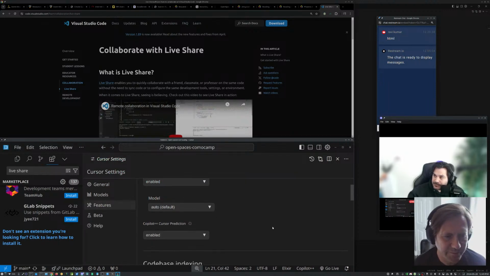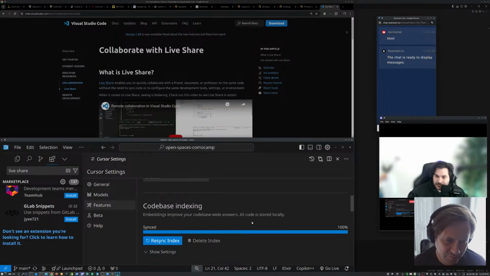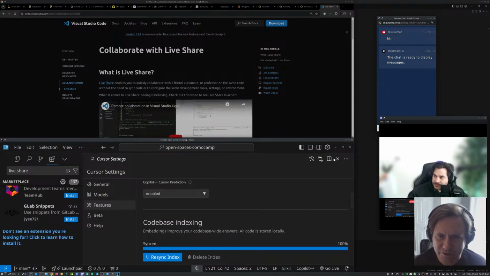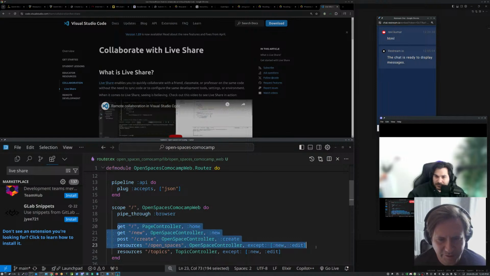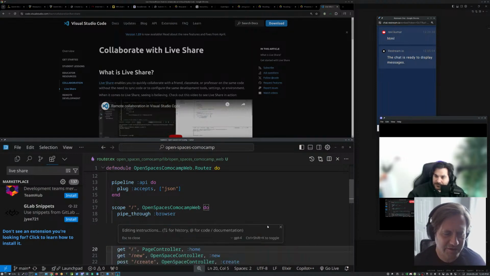So it's got the Copilot-style tab completions, as well as the most important thing, which is doing this and pressing edit and saying, make this follow a better convention.